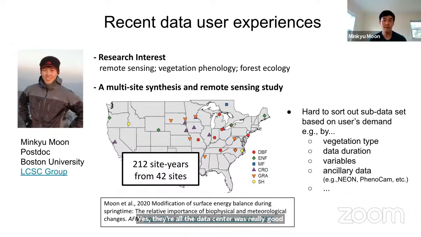I've learned a lot, but here I'll share a little difficulty I had experienced, so hopefully it can give some useful thought. As a user using data from multiple sites across a larger area, it was not easy to sort out the sites I use for my specific demands as a very first step. For example, to calculate the surface energy balance, I wanted to have all the incoming and outgoing radiation data, at least having 5 years.